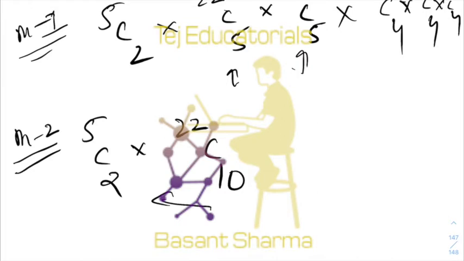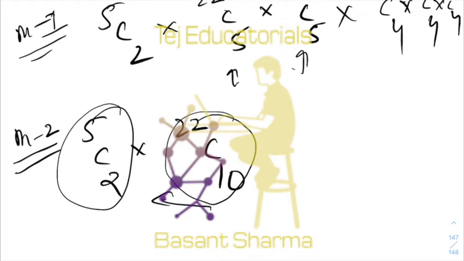Once you have selected these 10 books, it is important which 5 books go to which of these 2 students. So what I'm saying is, select students together, then select 10 books together, which are to be distributed amongst these 2 students. Now I have 10 books, so I can do grouping. I can say 10 factorial upon 5 factorial, 5 factorial, 2 factorial. This is the number of ways of grouping 10 different objects into 2 groups of group size 5.